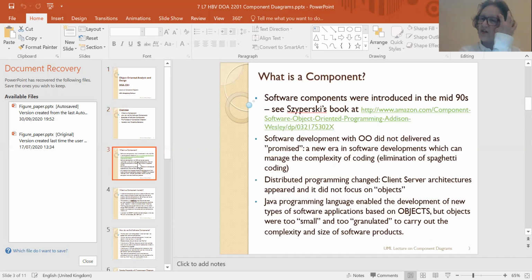The slides on the definition of software components are not very clear, because I refer you to Szyperski's book, which was published sometime when the first version of UML was delivered to all of us. So in parallel with UML, people from the software engineering world were trying to define software components for one big reason: objects and classes in software development were too small to handle the volume of code we even